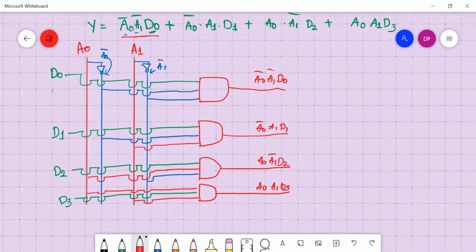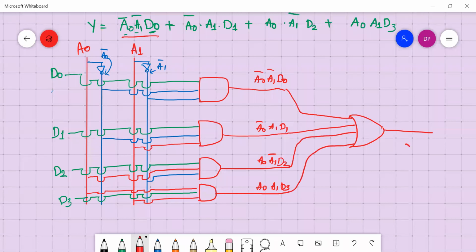And these all four values we should take with an OR gate and connect. This is the output, final Y. So this is the circuit diagram of the 4:1 mux.